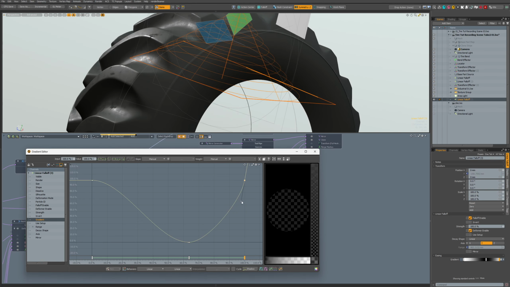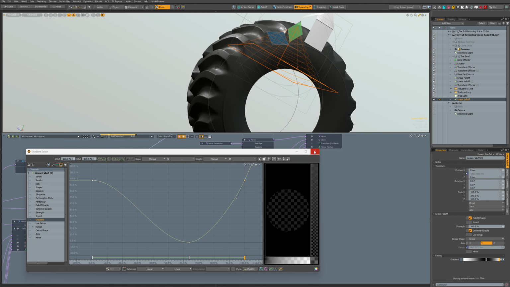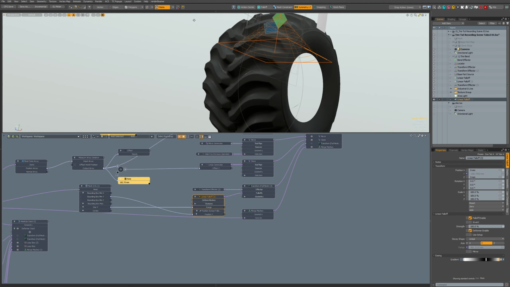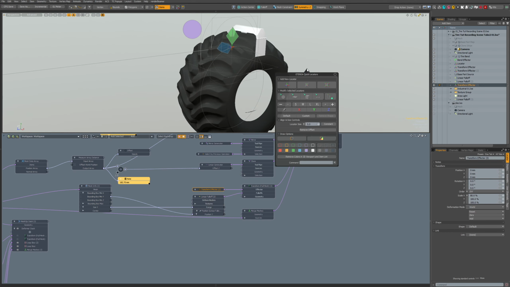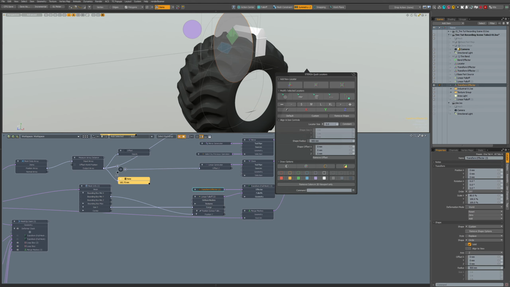So now we have maybe a nice bulge there. So what we can do is add a nice little shape for it. Yellow is nice.